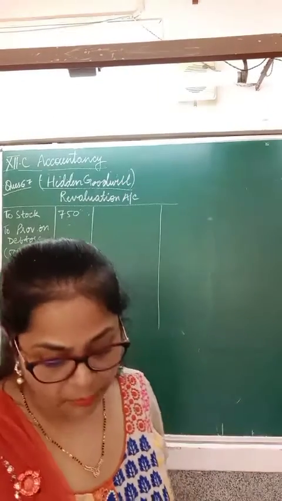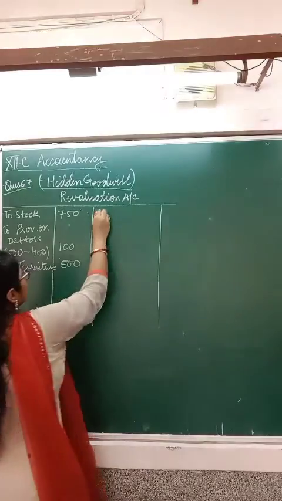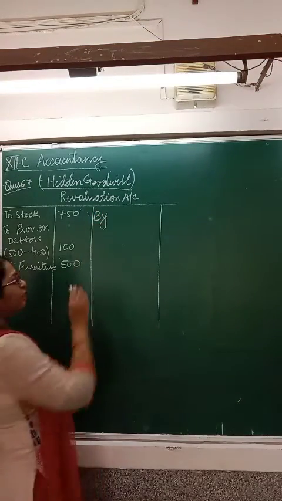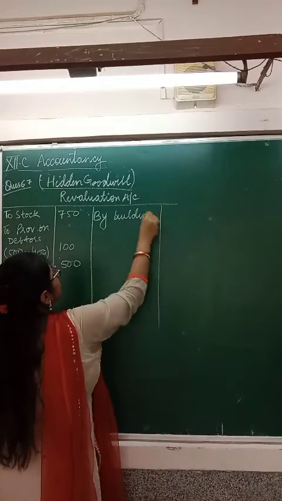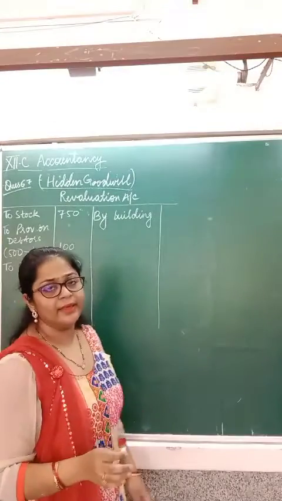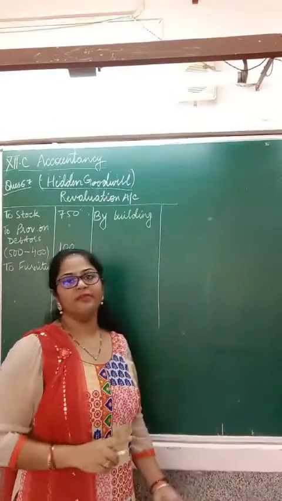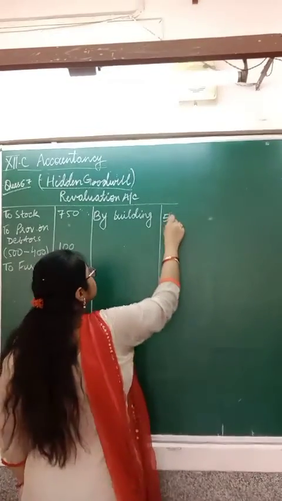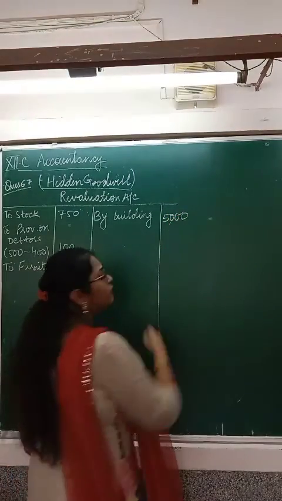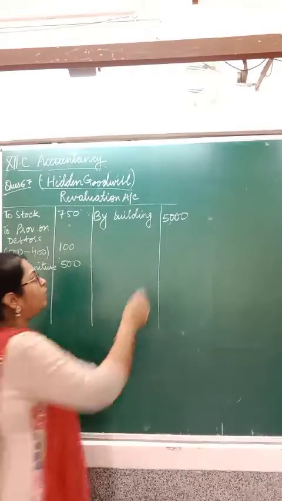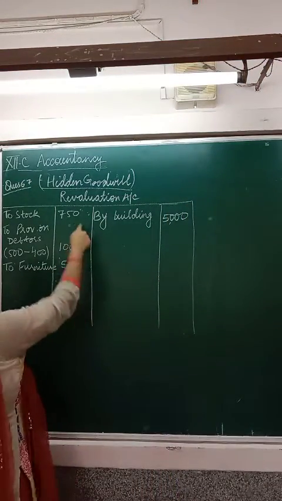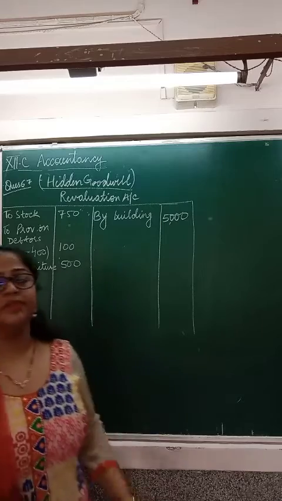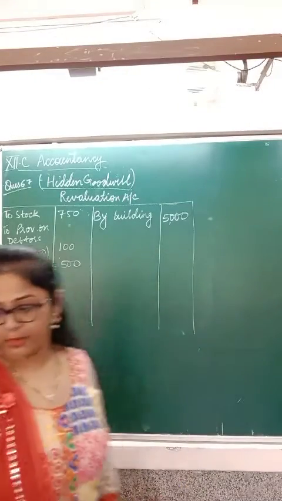Now they also tell you building was valued at rupees 40,000. Means the value of building is rising. 35,000 is already there in the books. It has now to be revalued at rupees 40,000. Means a total of rupees 5,000 increment has been made on building. Now solve this out. Rupees 5,000 minus all these items. This will get you the profit on revaluation.